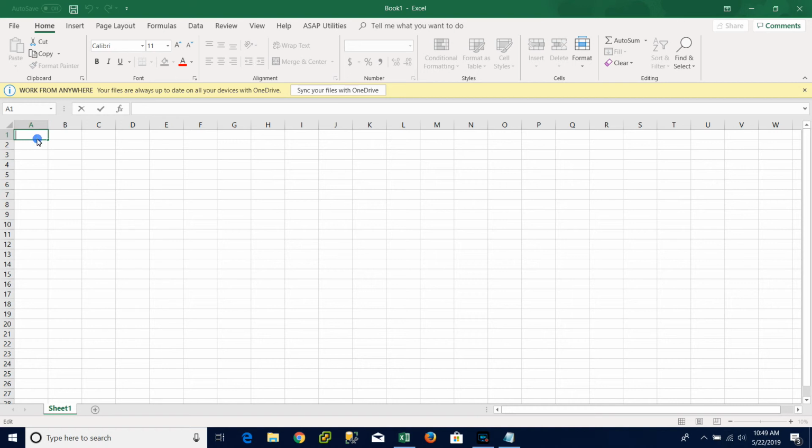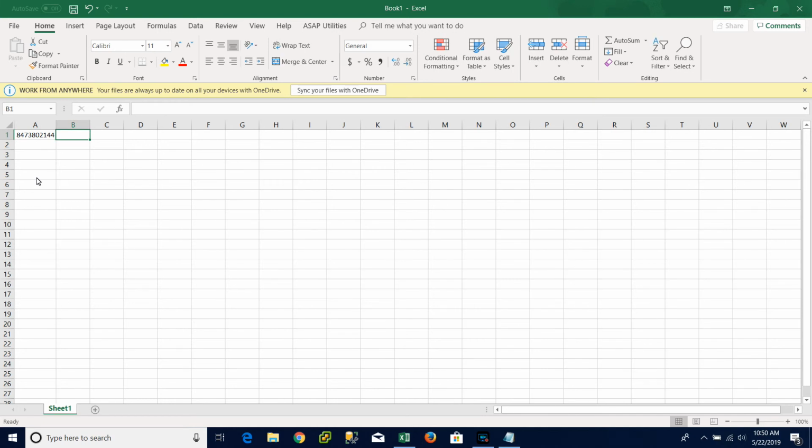So the first thing we want is a phone number in a column. Now in the cell next to it or wherever you want, you're going to enter a formula, and that formula is going to be equals HYPERLINK